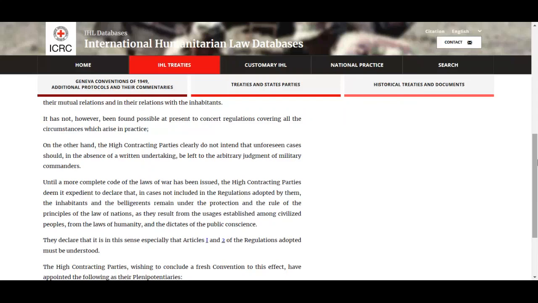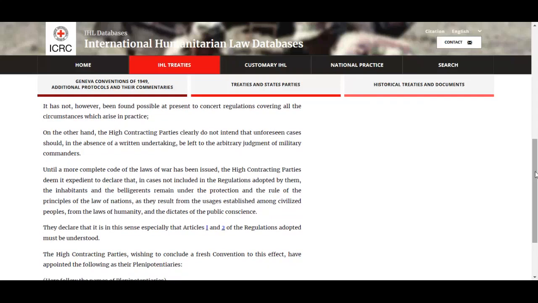The high contracting parties, wishing to conclude a fresh convention to this effect, have appointed as their plenipotentiaries,